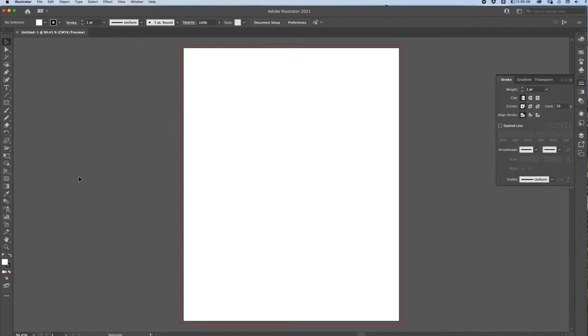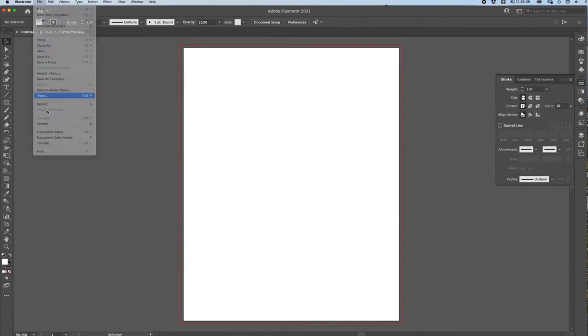Also to give you just a little bit of structure, so you don't have to really be that creative, but you'll also see what kind of effects you'll have with the line work itself within Illustrator. So as we have Illustrator open here, I'm going to go to File, and I'm going to Place,